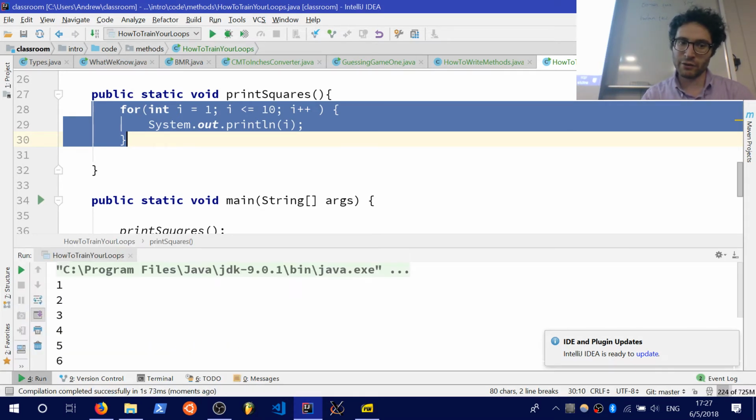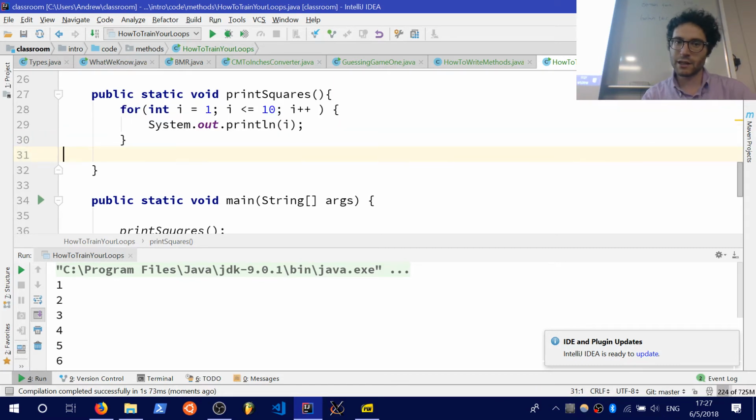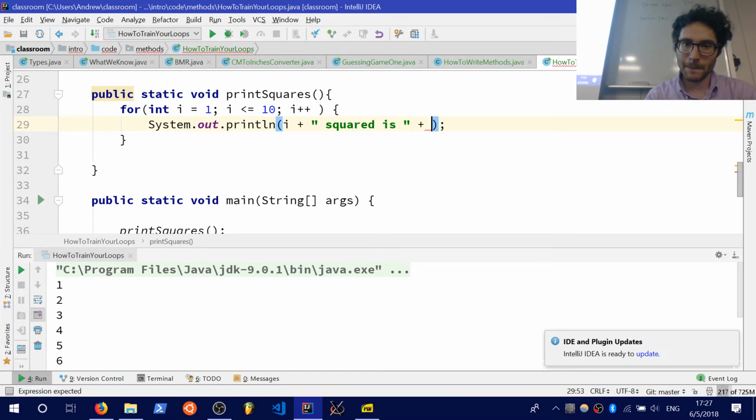All it does is print out 1 through 10. So instead, we want to print 1 squared through 10 squared. So let's turn this into text: i plus " squared is " plus